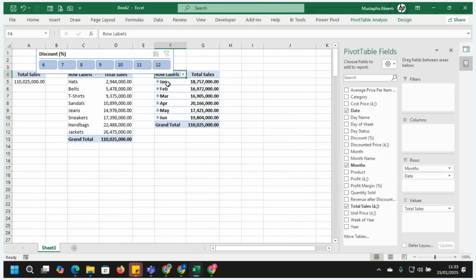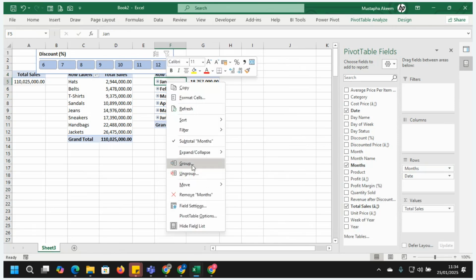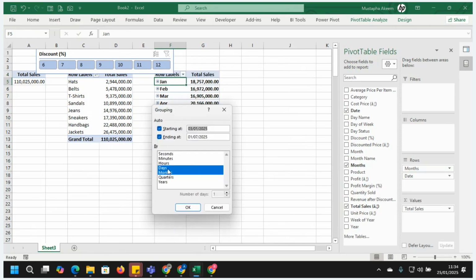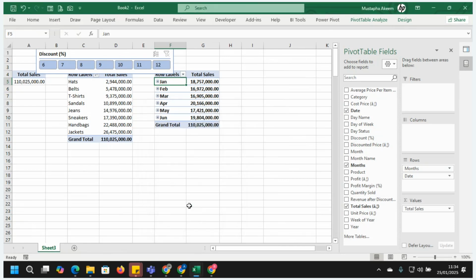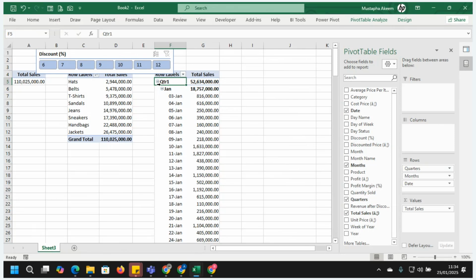If yours is not summarized, no problem. Just right click and click on group. You will see the option to group by day or by month or by quarter. So you can group it by yourself. If you want to see the quarter and days, or the month and days, anything you want to see, you can click on OK. Now we have it by quarter, and so you can collapse this.